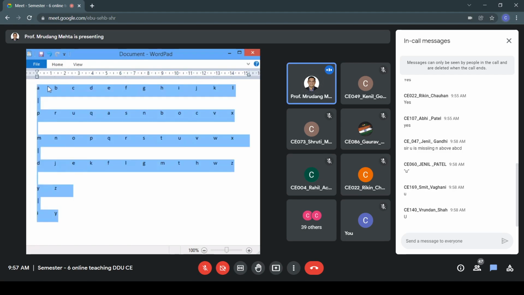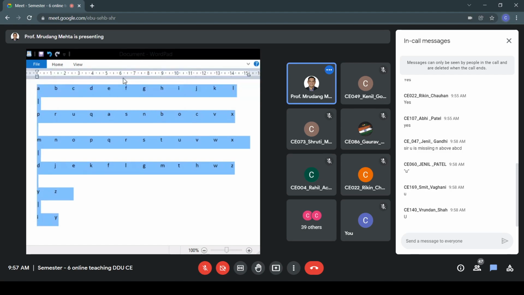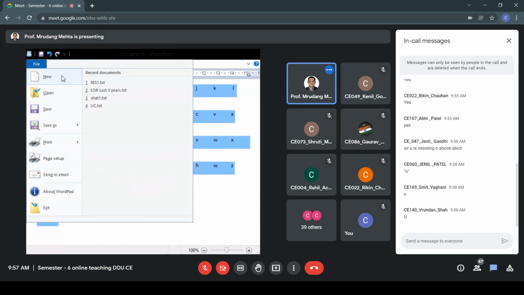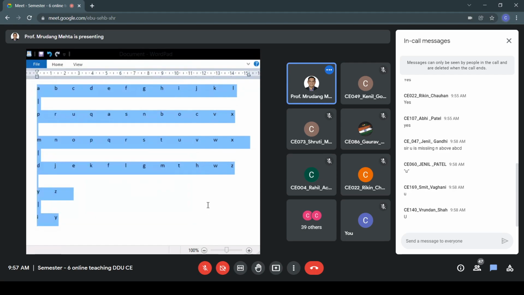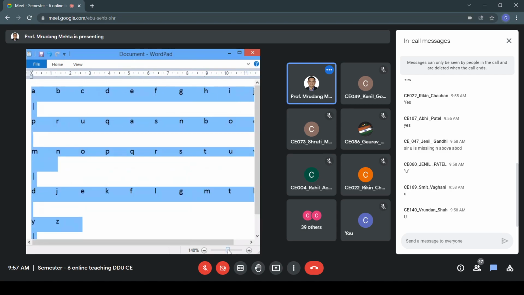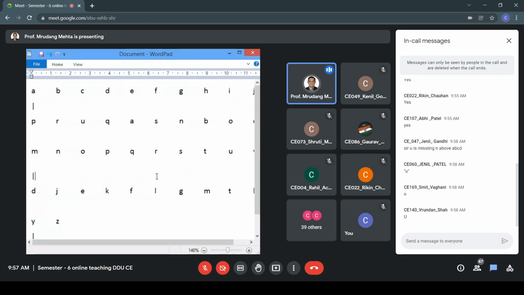Let me increase the font size. So A is mapped to P, B is mapped to R, C is mapped to U, and this mapping is random.